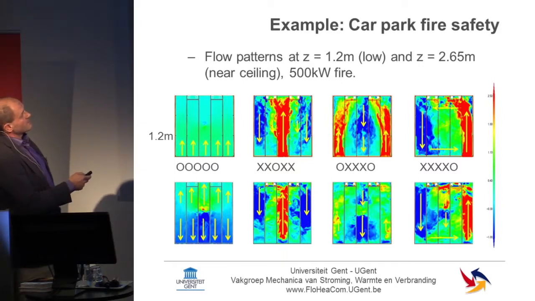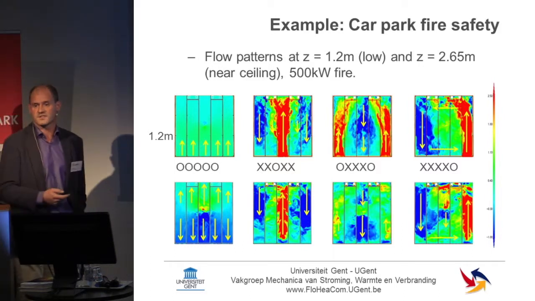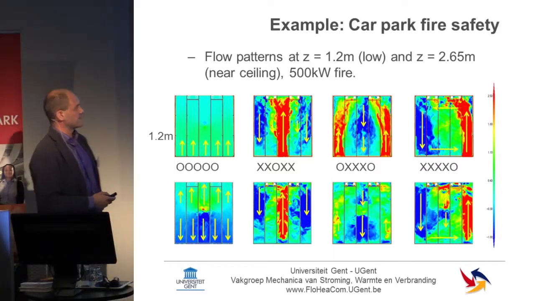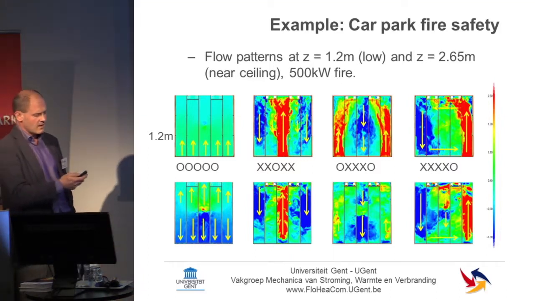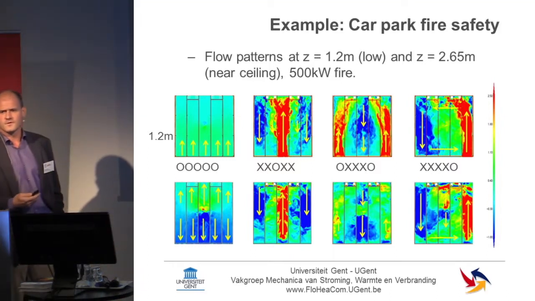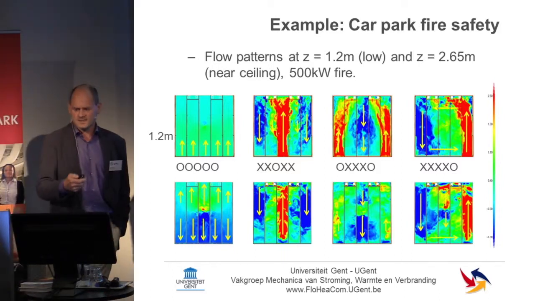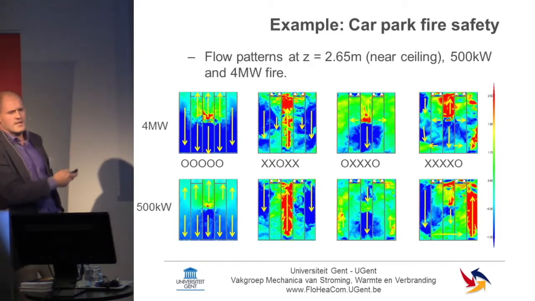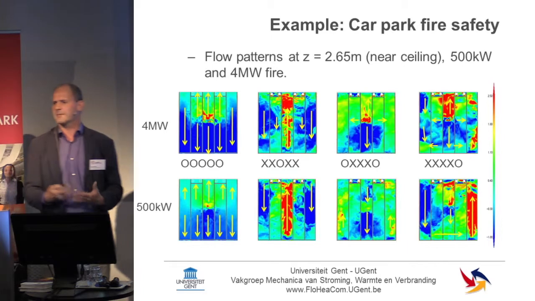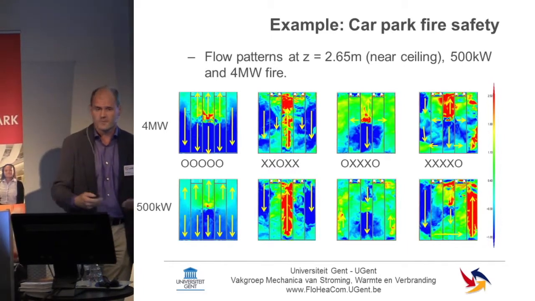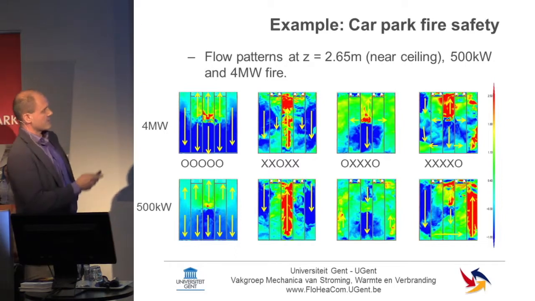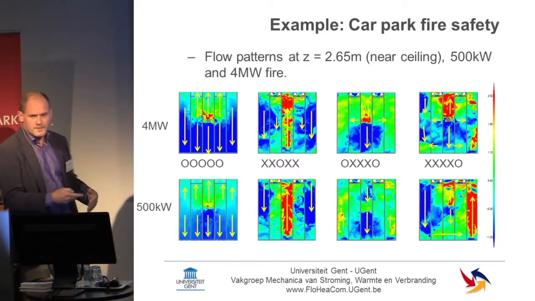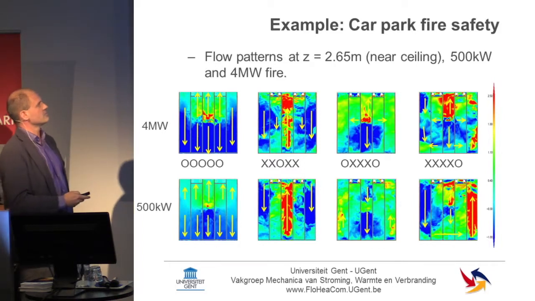And if we close this for 80%, obviously you have a higher speed centrally, and you also see that you have recirculation in the parking garage. And we also determined this in our full-scale experiments. I'm showing you this to point out that CFD calculations on the one hand and observations coincided. And we did this for several flow patterns, and the combustion itself will have an impact on the flow pattern in the parking garage. So that's a bit of good news in between.